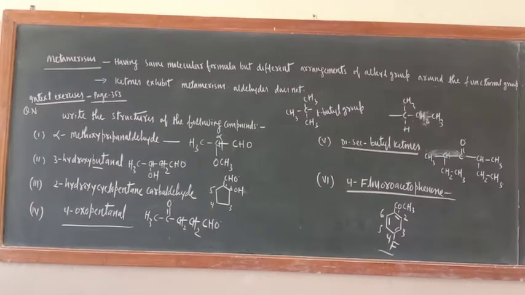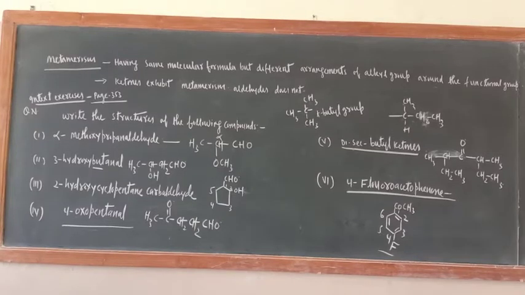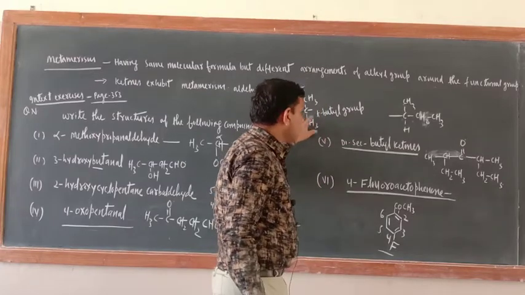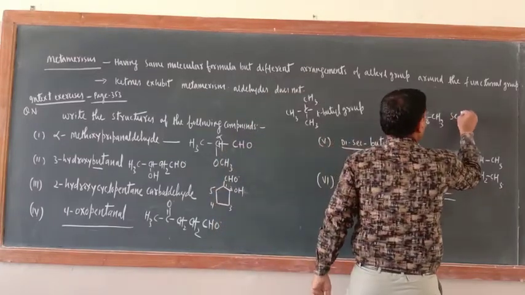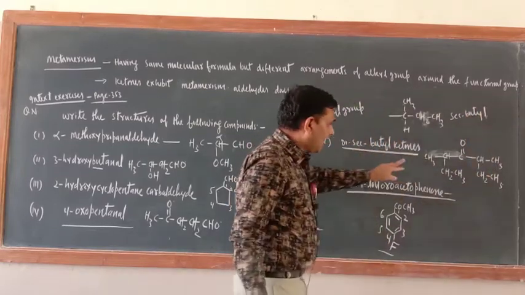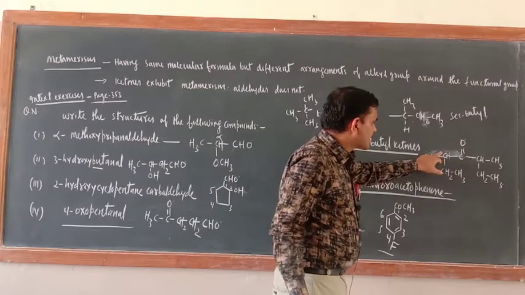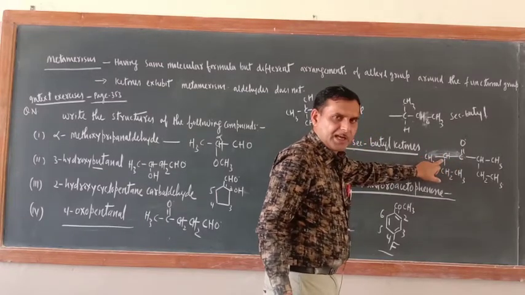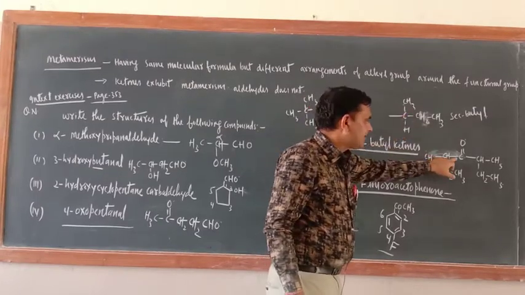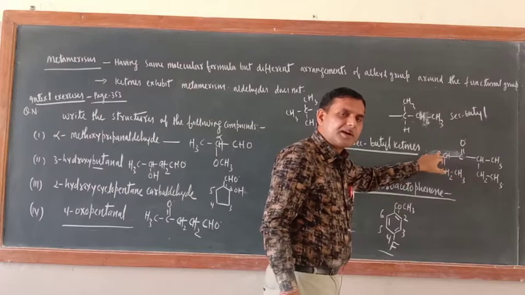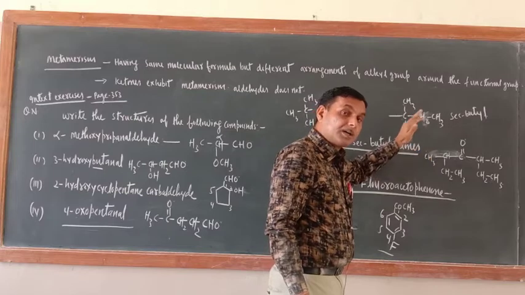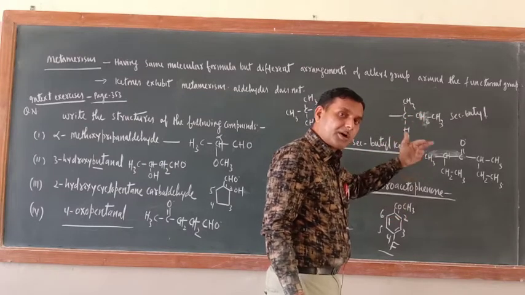Okay, just remember one thing here. These are the tertiary butyl and secondary butyl before attachment with the chain. Now when they are attached with the chain, this carbon atom would be a tertiary carbon atom, so secondary in terms of the alkyl group. Okay, once they are bonded with this carbon atom, this carbon atom will become the tertiary carbon atom. Okay, so don't get confused. I am talking of the alkyl group when it is not bonded with the chain.